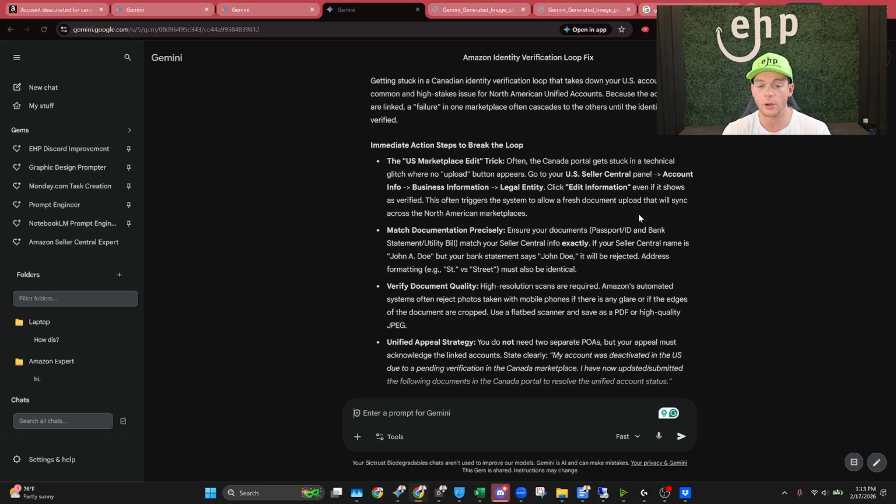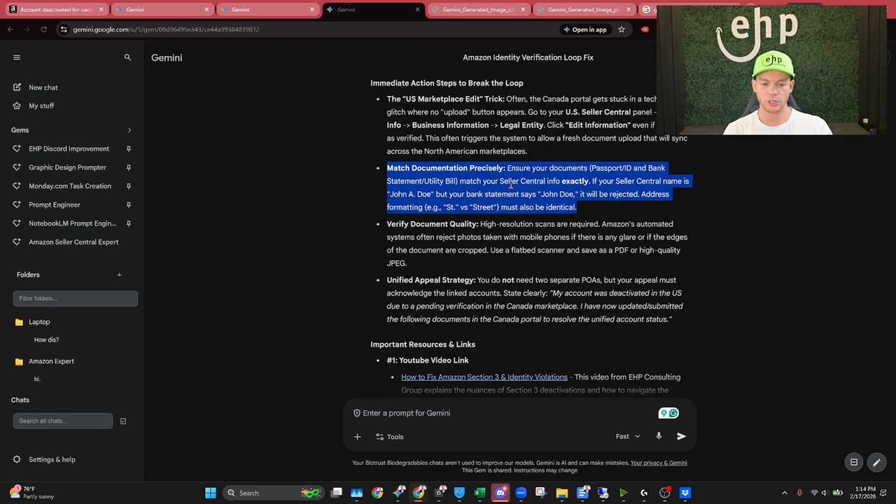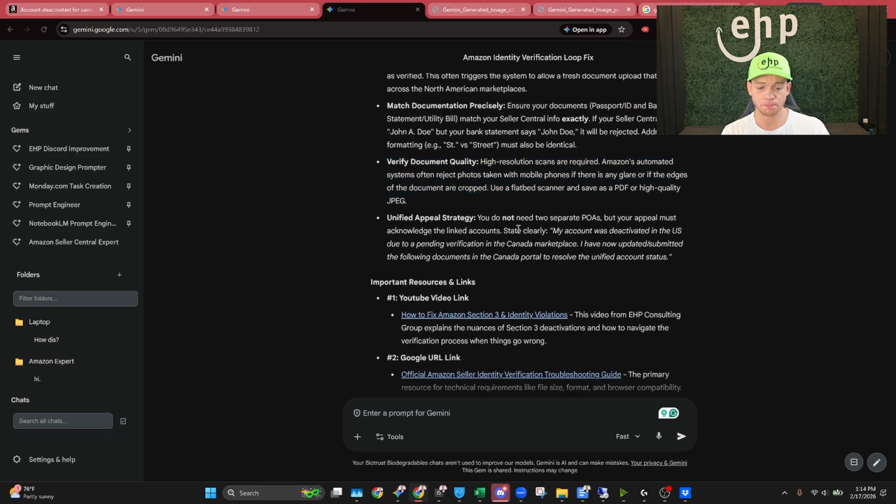You're going to make it a little bit better, change it a little bit, make it how you want it. Maybe it's still too long. Maybe you want more bullet points, but immediate action step to break the loop. So it's saying this new strategy that I never knew of how to actually get around the glitch, which is pretty cool. Also matching the documentation quality, which the other one didn't mention,